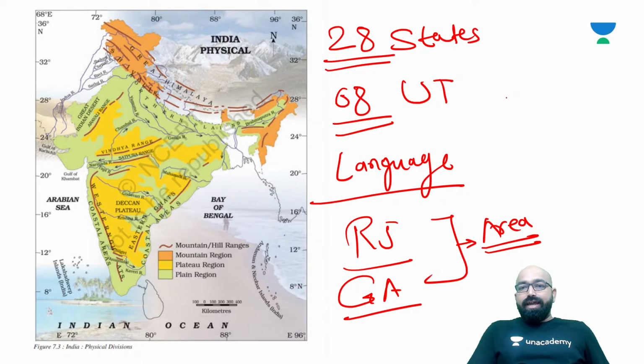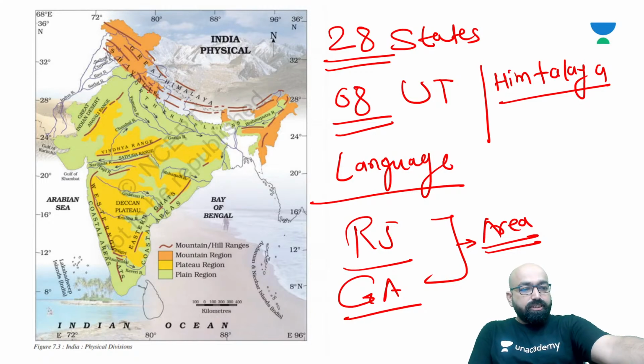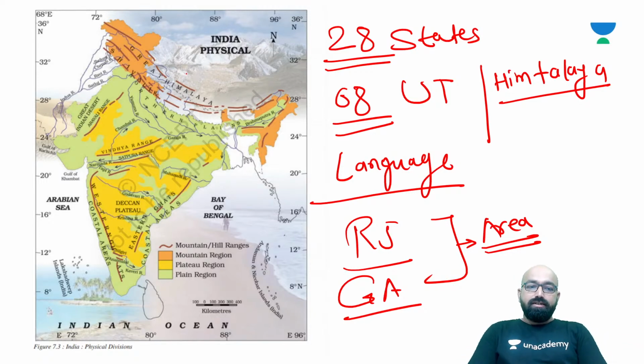Himalaya means the abode of snow. The Himalaya mountains are divided into three main parallel ranges, as shown in this map: the Great Himalaya or Himadri,